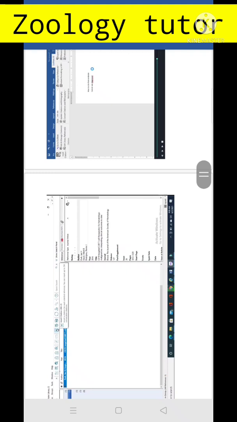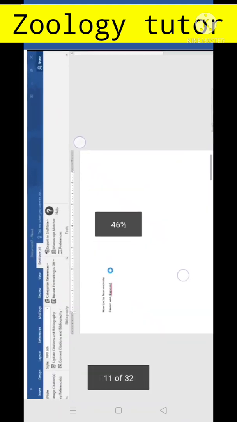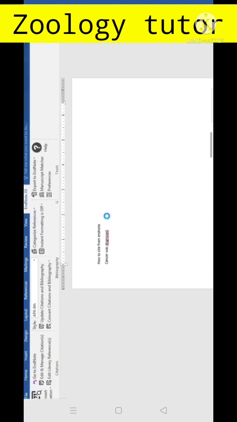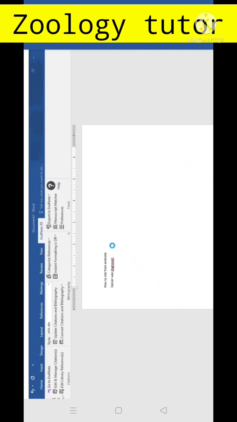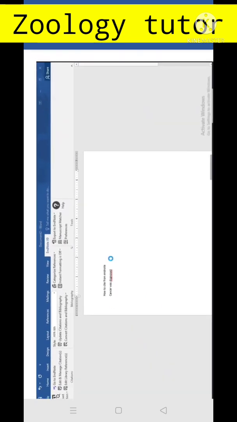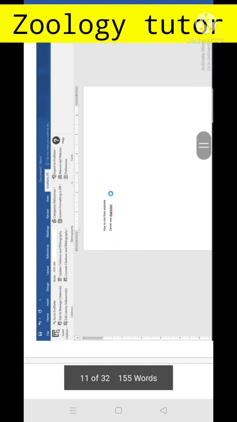Click on them and you will be again redirected to your Word file, and here you will see that after some time, in a few seconds, your citation will be added here as shown next.